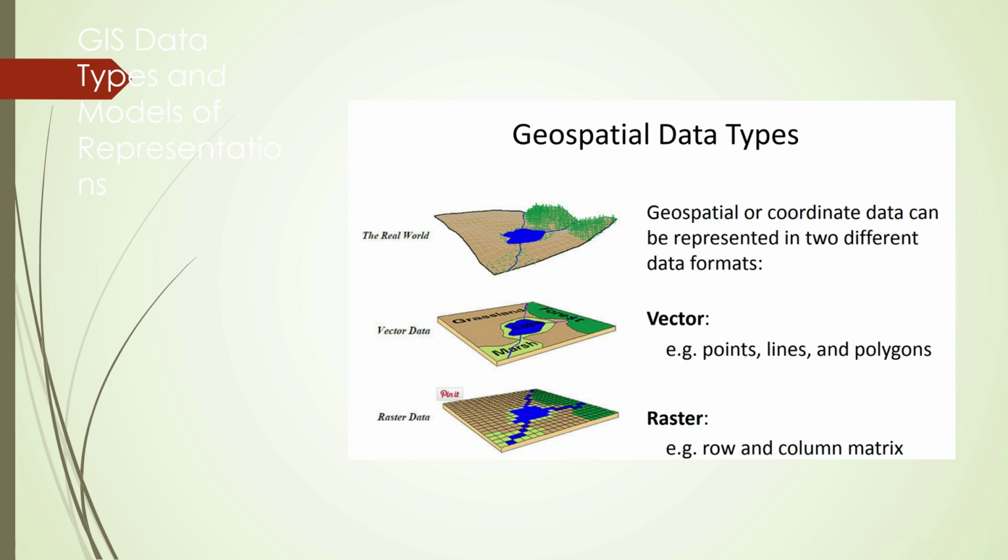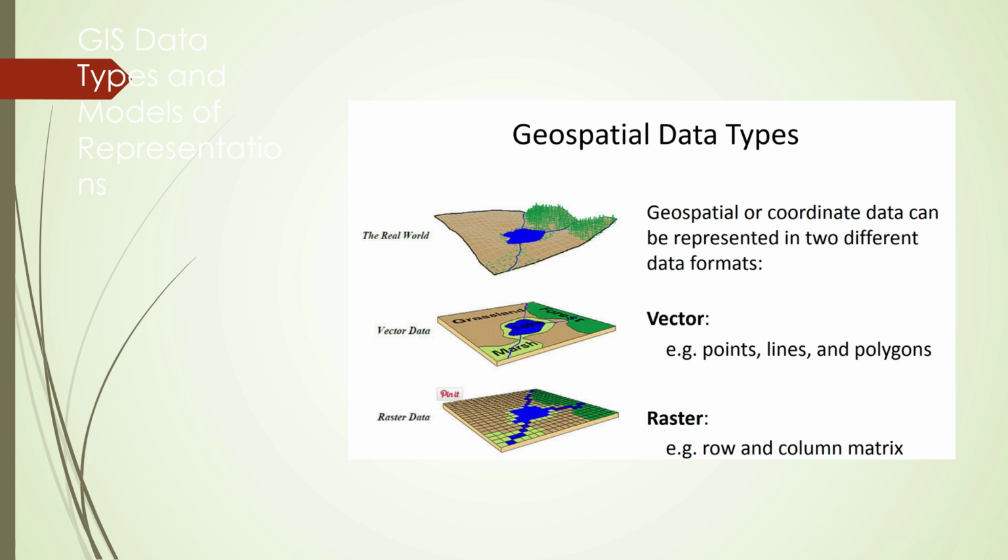We can call it geometric data or attribute data. These are the two major types of data. But under these types of data, the spatial data can be captured in different models, which we call vector and raster. Vector data capture, or record, the spatial data as points, lines, and polygons, which we